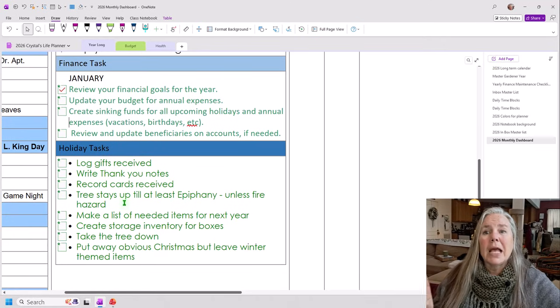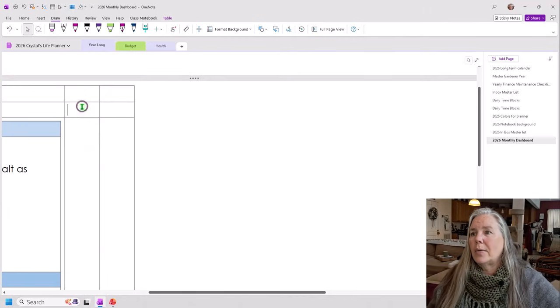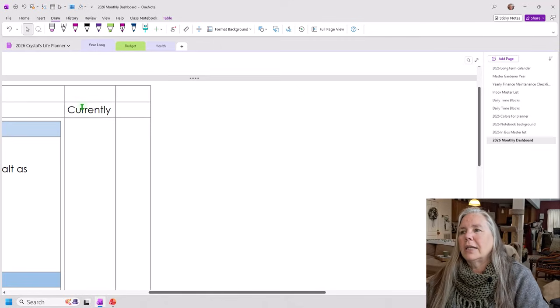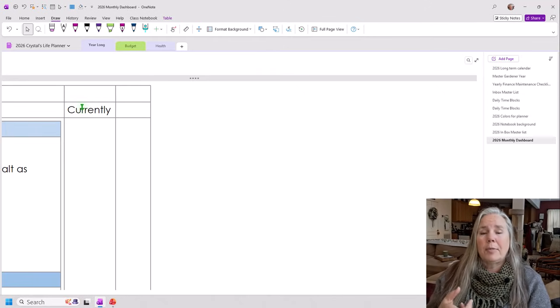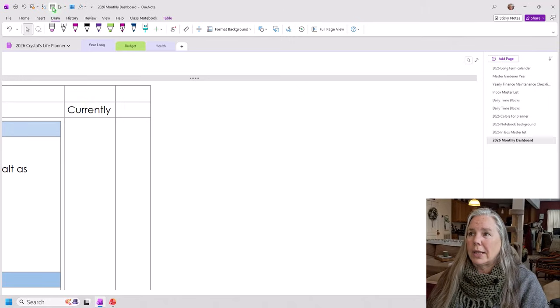Okay, all right. The next thing that I'm going to put in here, and this is kind of a fun section for me. Let's go up here and I'll label this currently. And my currently section is always fun because that's where I include things like what I am currently reading, what I'm currently watching, what I'm currently wearing, what I'm currently dreaming about, what I'm currently eating, okay? And all that really is if you wanted to create something like that,